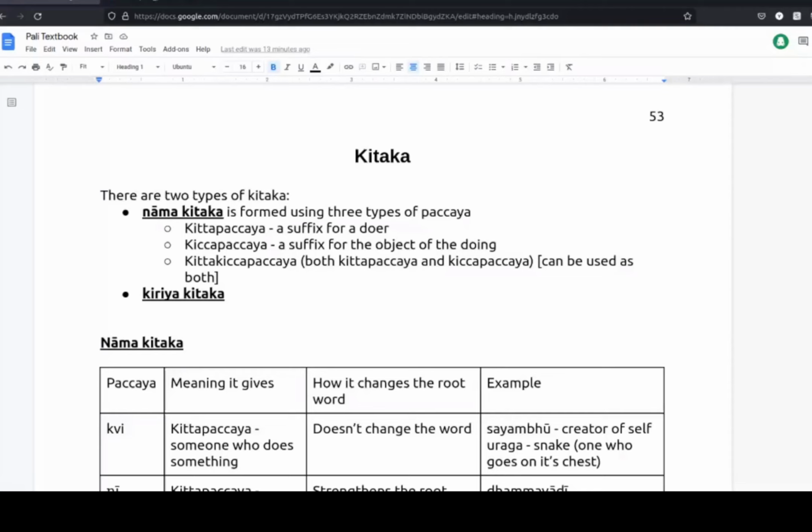Sticking with it. That's the problem with teaching Pali. It's not easy to learn. It's not easy to teach, and